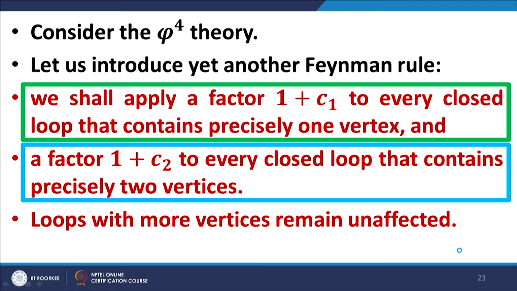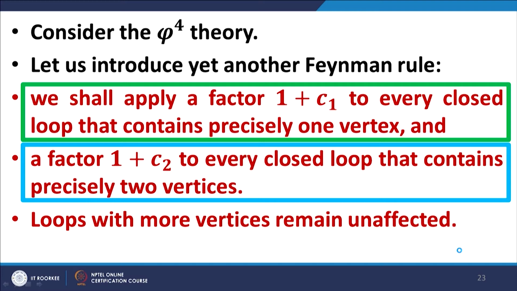theory. We introduce two new Feynman rules. We apply a factor of 1 plus C1 to every closed loop that contains precisely one vertex, and we apply a factor of 1 plus C2 to every closed loop that contains precisely two vertices. Loops with more vertices remain unaffected. So, these are two rules that we add to the existing repertoire of rules